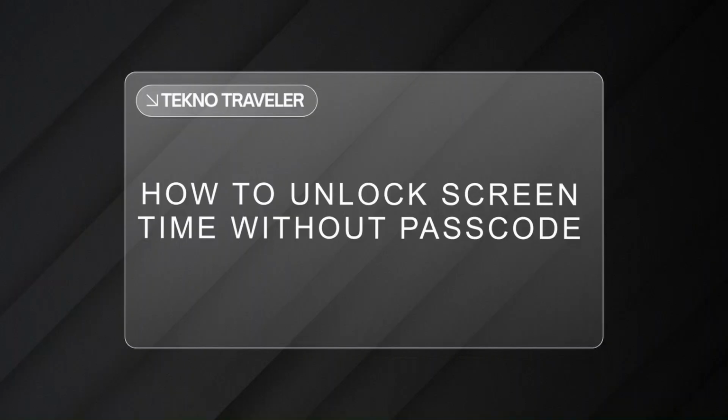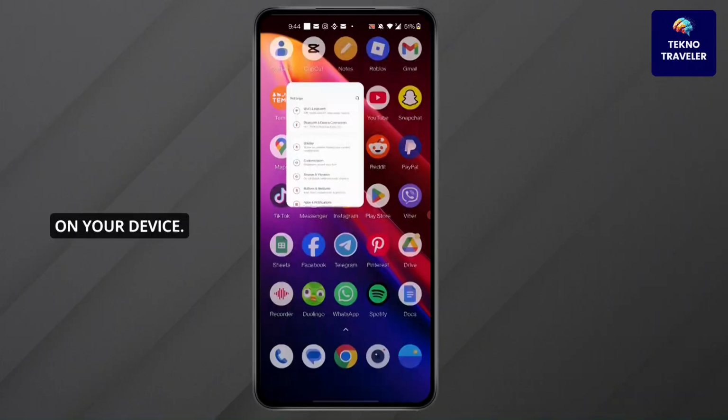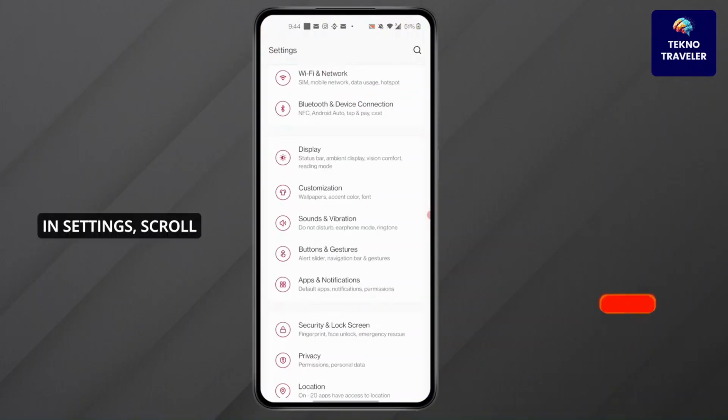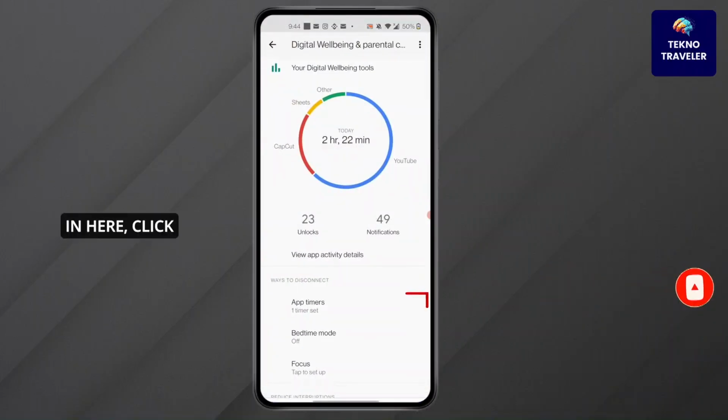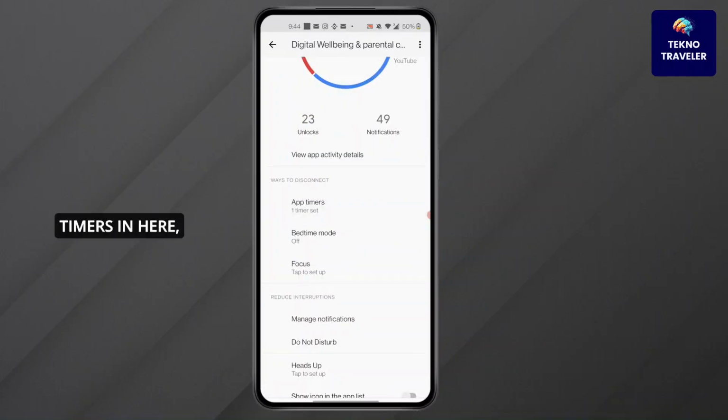Let's jump right in. First, open Settings on your device. In Settings, scroll down and click on Digital Wellbeing and Parental Controls. In here, click on App Timers. After you've clicked on App Timers in here,